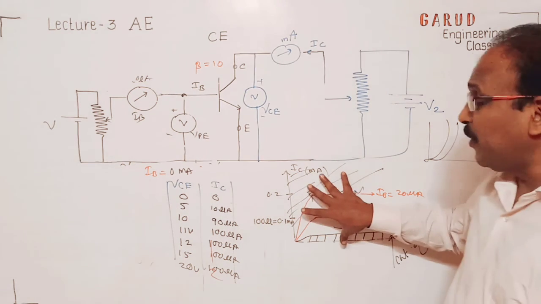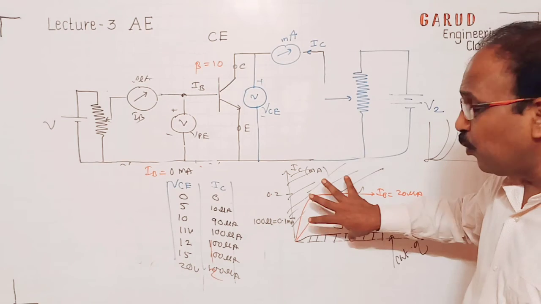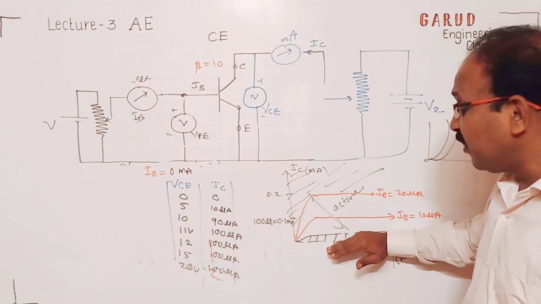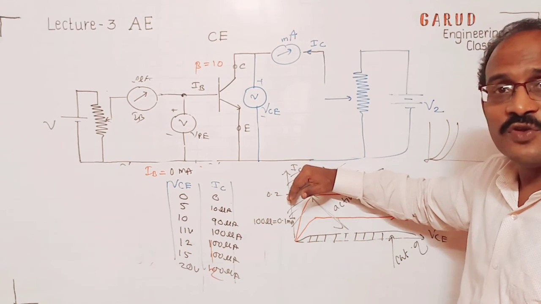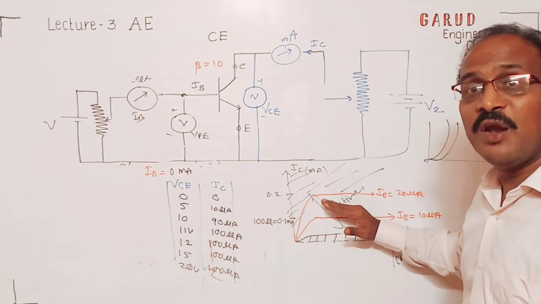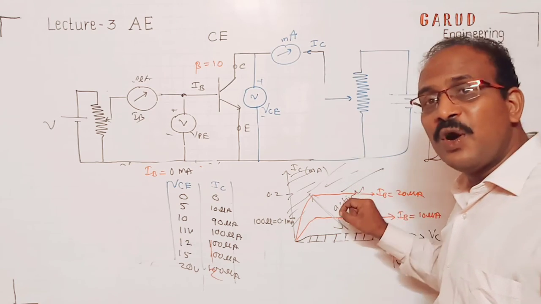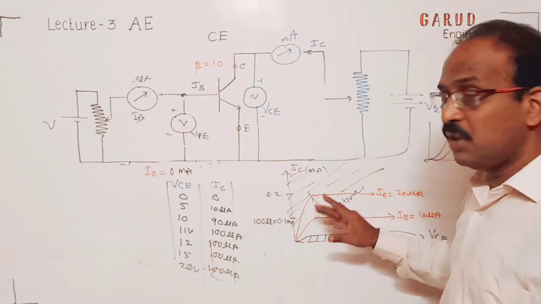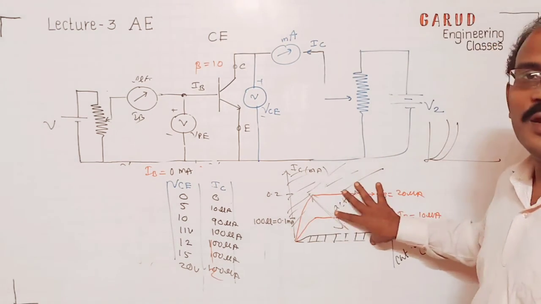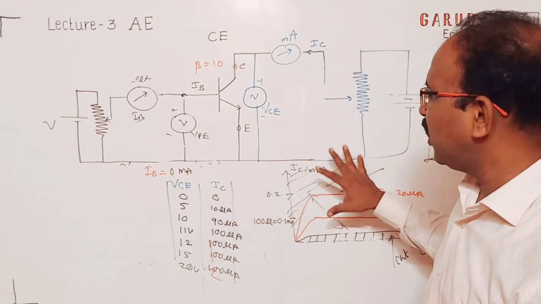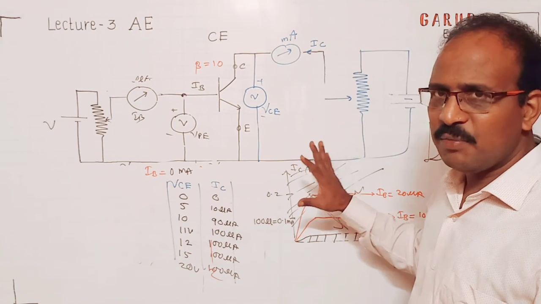So this I will explain afterwards. These output characteristics I will explain properly. Where is the cutoff? Where is the saturation? Where is the active region? Where is the load line? Where is the DC load line we have to select? We will work on this. There will be one complete lecture on this. But today this is the theory part, so I will not stress that more.